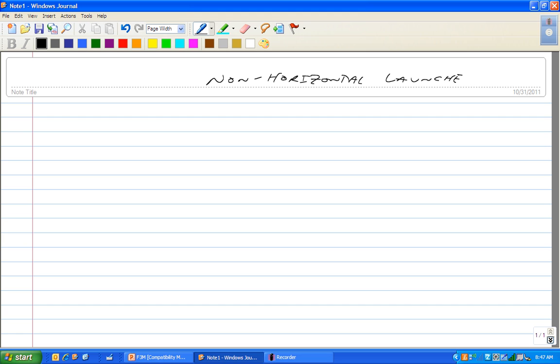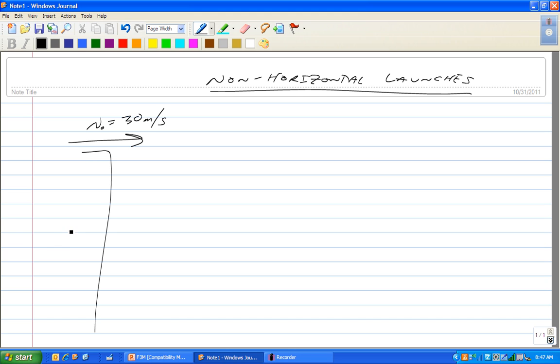We're going to move into the realm of non-horizontal launches. So far, all we've done is launch straight off of a building, right? So that if the initial velocity horizontally is 30 meters per second, and the building is 45 meters tall, and we want to know how far away from the base of the building it lands,